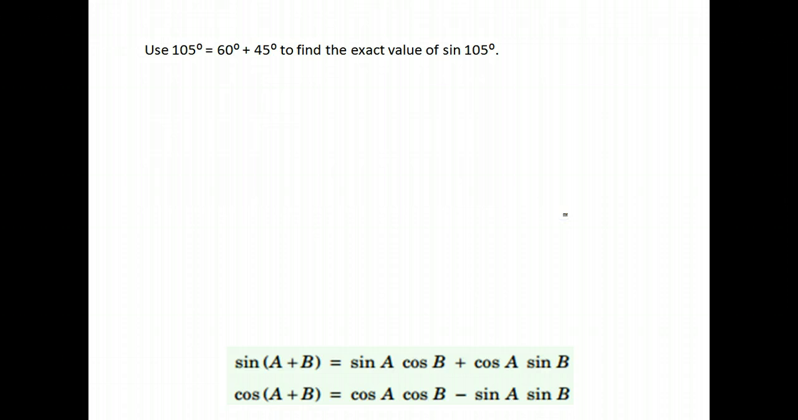All right, we are going to be using the sum identities again, and this time we are going